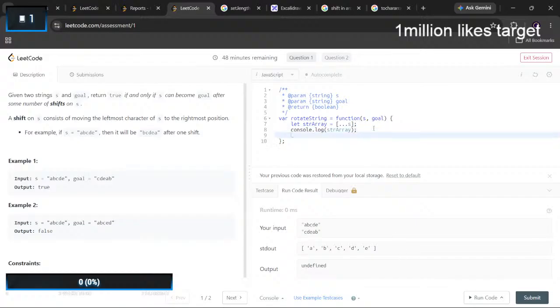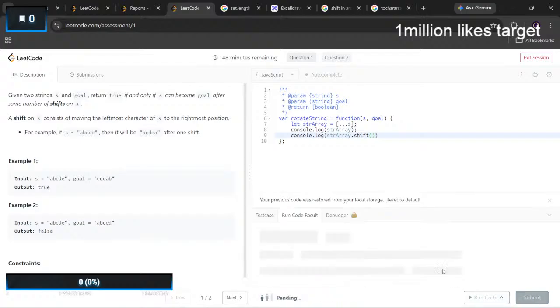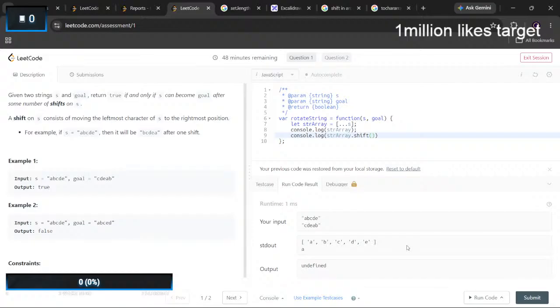Now if I do shift, it is supposed to remove the first element. It didn't remove. Is it unshift?